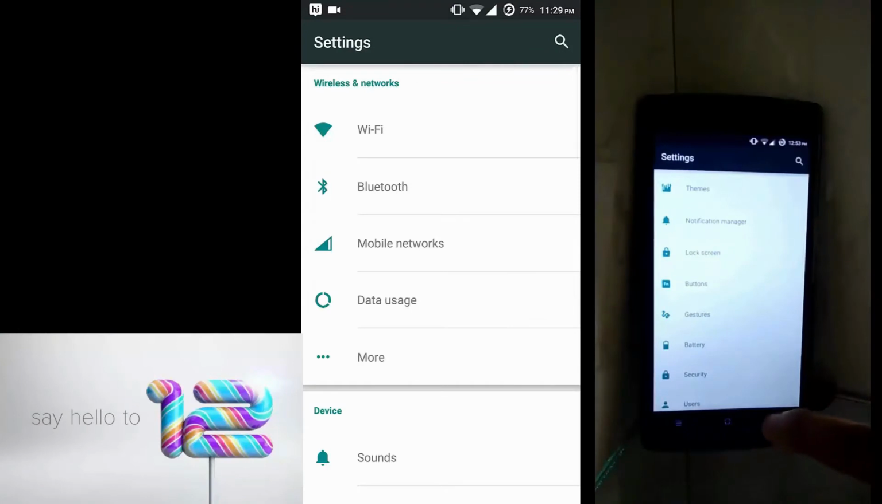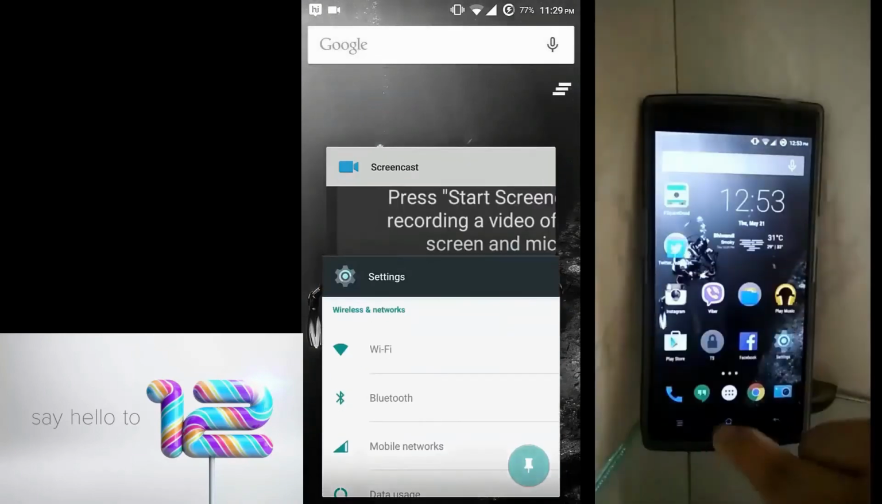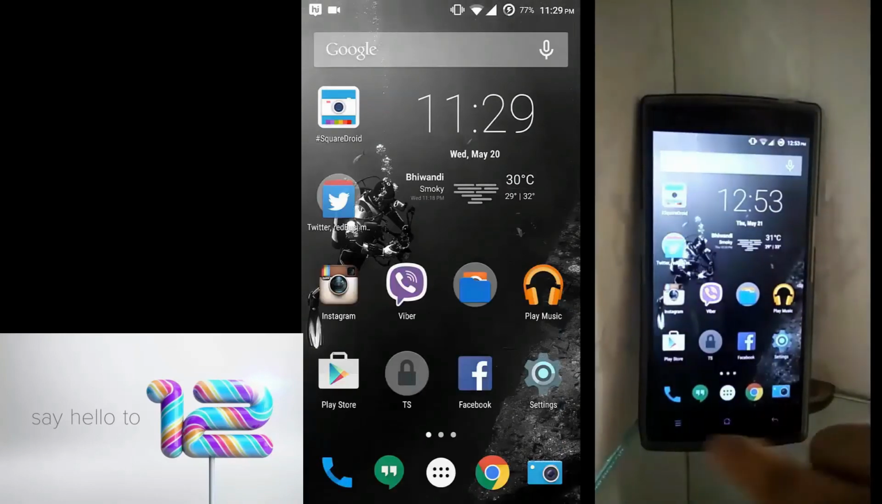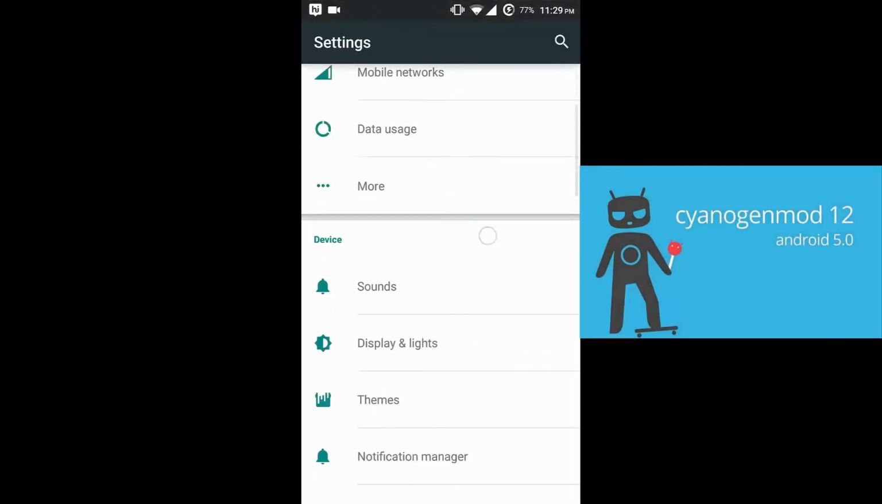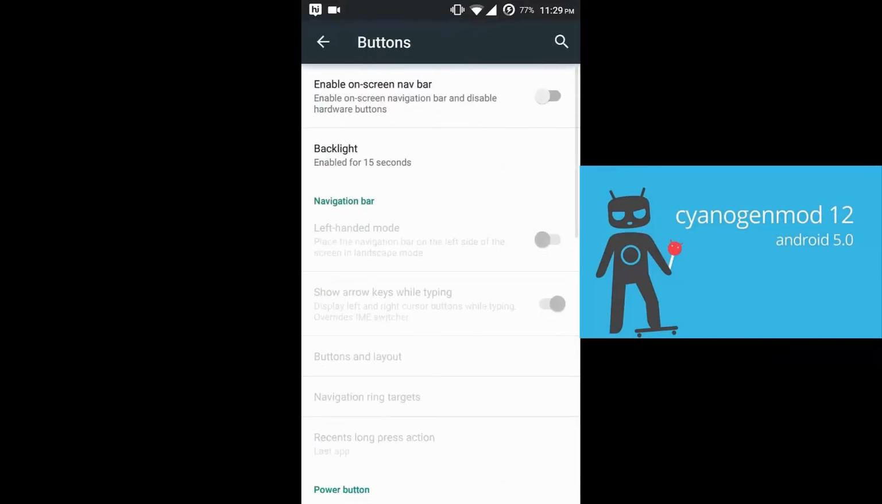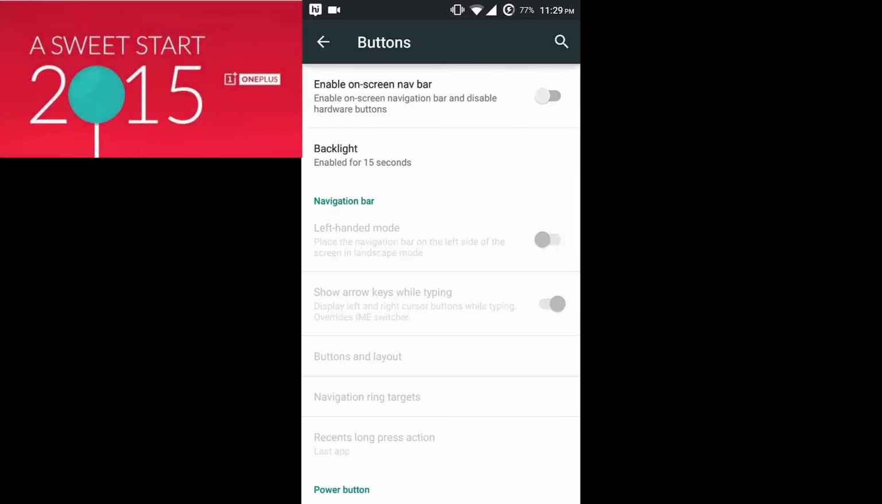Like it went back and back, and I can minimize, I can open recent apps. The third button was for recent apps. So go to settings and go to buttons. If you are a Nexus user, then you will like the on screen nav buttons, and if you are a Samsung or HTC user, then you will like the off screen nav buttons. So I'm a Nexus user and I've switched from Nexus 4 to OnePlus 1, so I will be using the